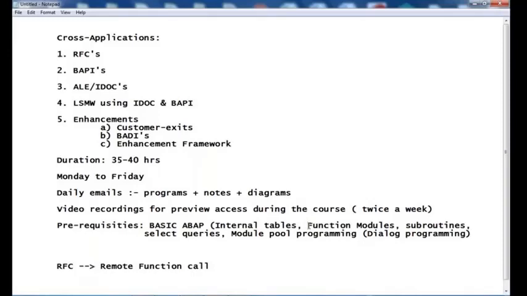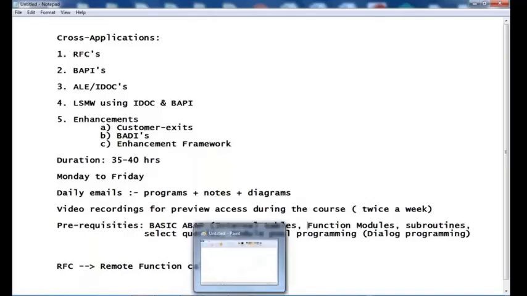It is a block of statements, a set of statements which is defined only once and can be called any number of times. So it increases reusability. As part of our basic ABAP, we come across many standard function modules. Sometimes you will have a requirement to create our own function modules and then call them at different places. Now, what exactly is this remote function call,